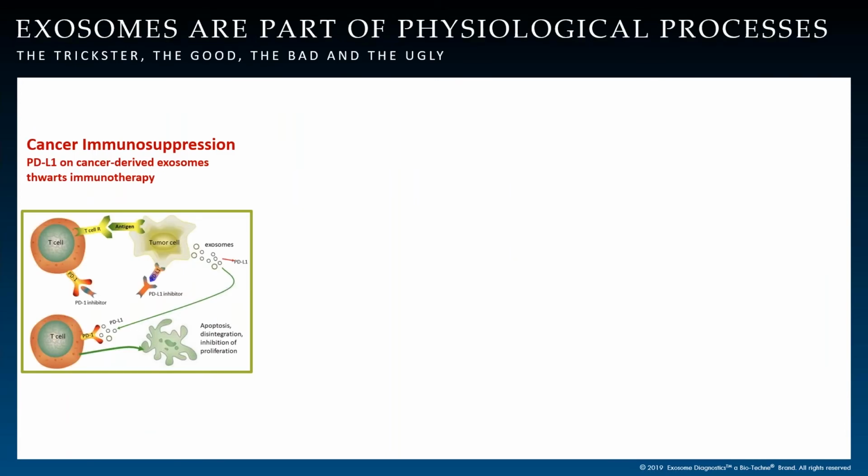So when you go to a higher level, what physiological processes are implicated with this? I'm going to name only 4 of them. I named them the trickster, the good, the bad, and the ugly. So the trickster here, cancer immunosuppression using exosomes, has become very relevant in recent months and years, because